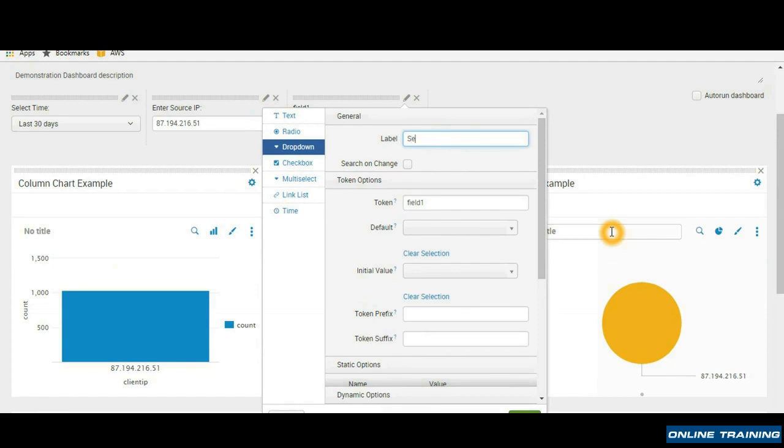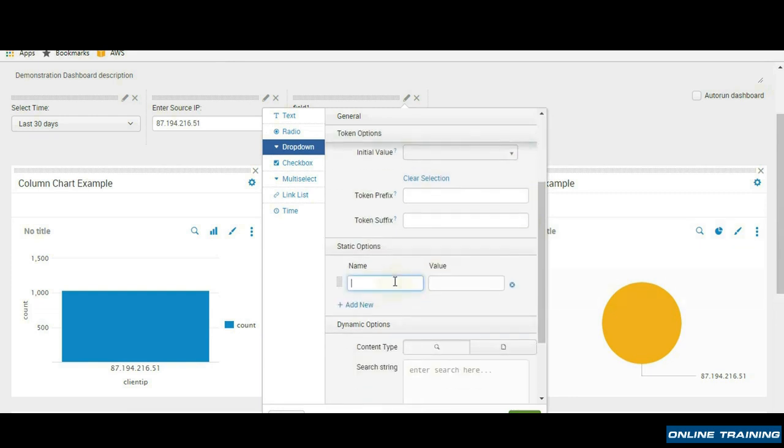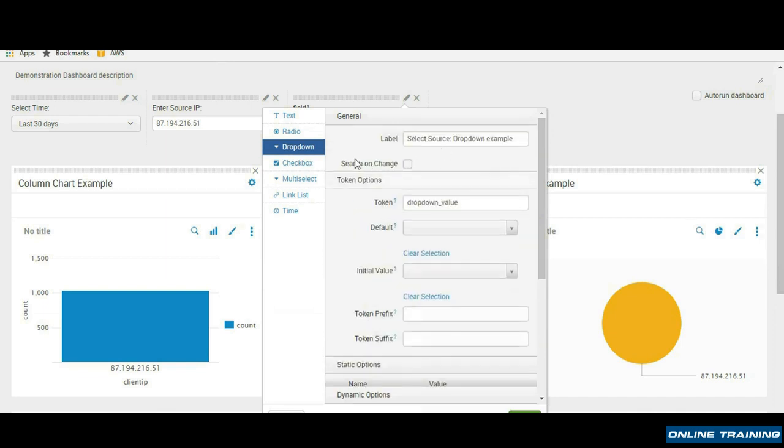I'll choose for source itself, select source, drop down example, and I'll select this token as drop down value. This should be without spaces, so drop down value. The default value, you can define it here. Give me all the sources. This is the display value, and this is the argument that is passed for your